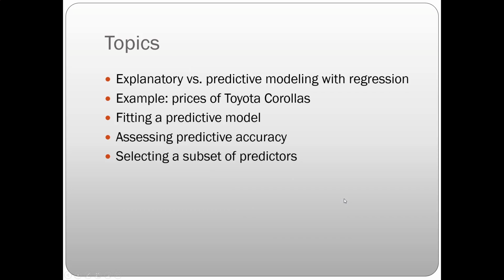So the topics we're going to cover are, there are two ways in which we can use regression analysis, explanatory and predictive. So explanatory would be when you're trying to explain the way in which you can analyze a given data. Okay, so explain the data. And then predictive is to forecast what's going to be the value in the future for the target. Okay. So the example that we're going to use is the Toyota Corolla's data.